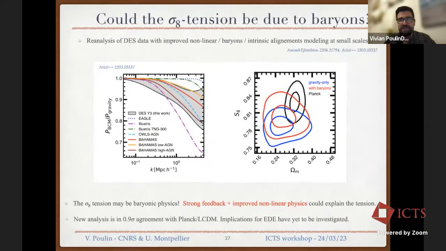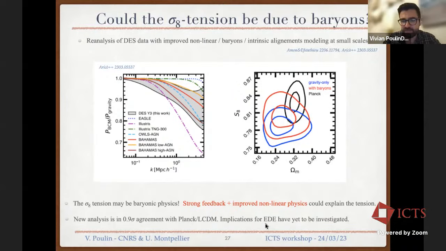The other possibility that is coming out right now, I think that people are really paying attention more and more, is that maybe sigma-8 tension is in fact due to the nightmare of astrophysicists and cosmologists, that is baryons, and that with an improved nonlinear and especially baryon feedback at small scales, the sigma-8 tension could be explained away. And this is a very recent paper that appeared, but there was some other discussion where by improving the modeling at small scale, by including more of small scales within DES, and by improving the modeling, they showed that baryons and improved modeling could reduce the tension to below 1 sigma.